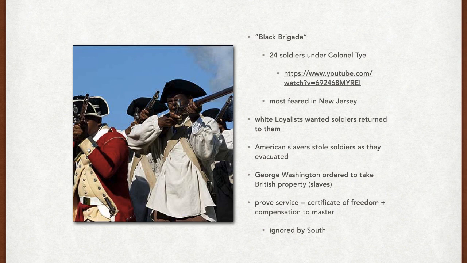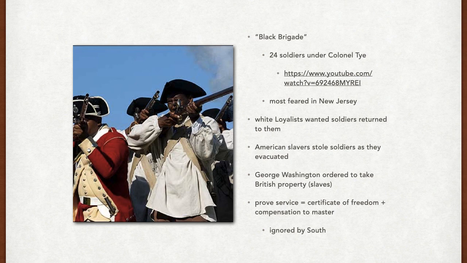Right? The Certificate of Freedom is basically a document that shows, as I mentioned before, such and such is free on this date by this person, and they sign it, right? And compensating the master, which happened quite a bit, and we'll talk about that more in PowerPoint 6, is sort of paying them for the slave that they're giving up because they invested money into that slave, and that's a financial loss for them.